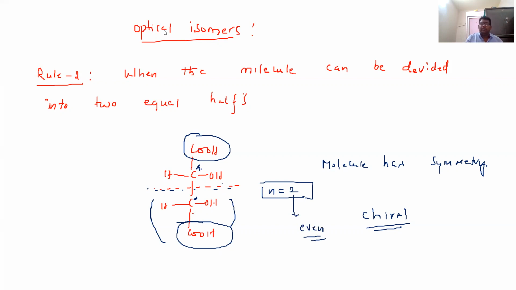This is case 1. If n is equal to 3, that is odd. What is case 1? What is case 2? We'll explain clearly one by one. When the molecule can be divided into two equal halves, there are case 1 and case 2. So what is case 1? Case 1 means the number of asymmetric carbons is even. If the number of asymmetric, chiral carbons is even,